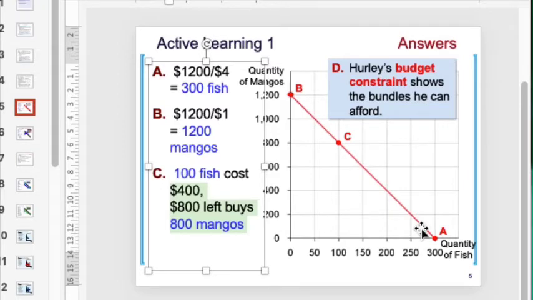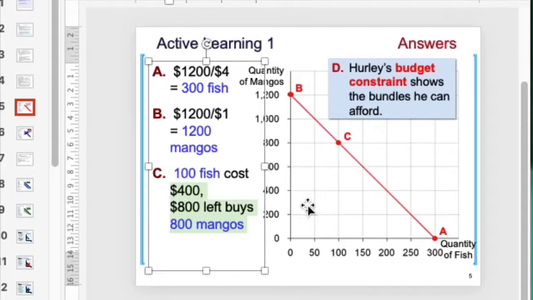If you think about it, this is very similar to the production possibility frontier that we've talked about in chapter number 1. When we were talking about the firm, we said that your production depends on the amount of resources you have. Now we're talking about the consumer's consumption decision, and this is pretty similar. It's saying that using the income that you have, there is a constraint to how much you can buy, and that is defined by this budget constraint, which means that she can use a combination of 400 mangoes and 50 fish, but